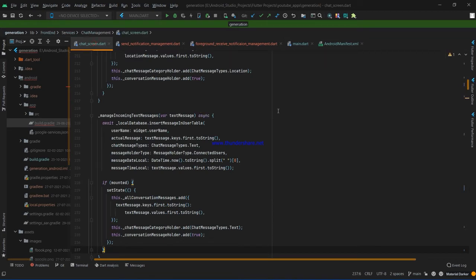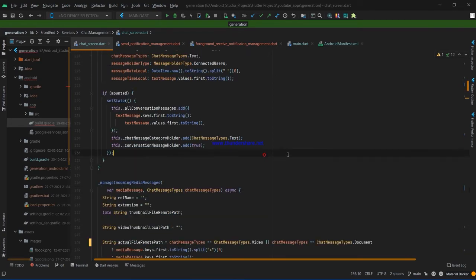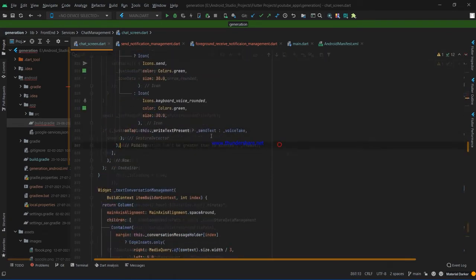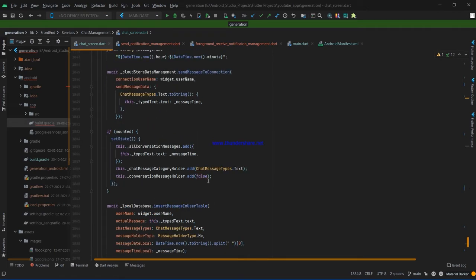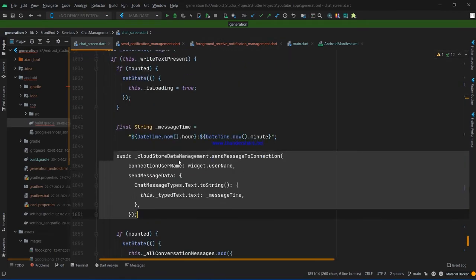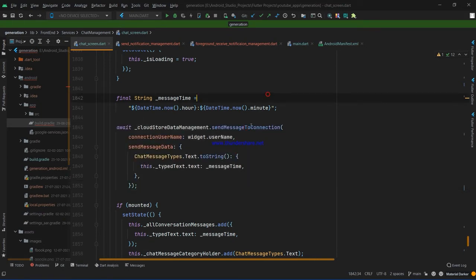But now we have to work on sending notifications as well. So for that we have to do something under send text. If you remember, that method send message to connection will send a message to the connection as well.